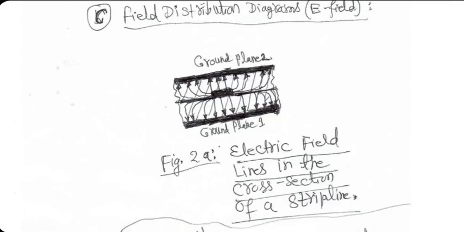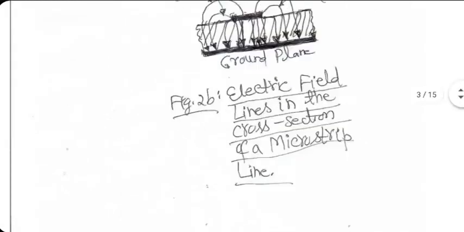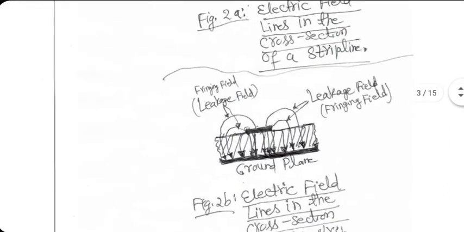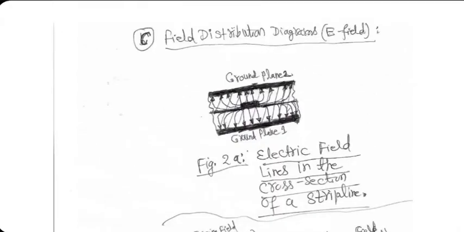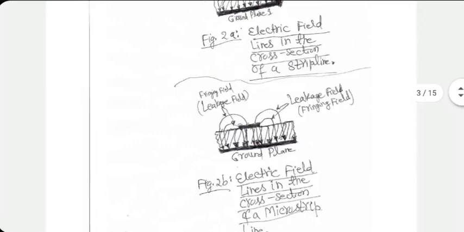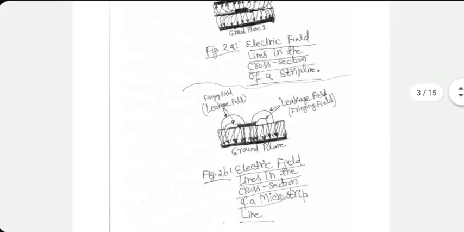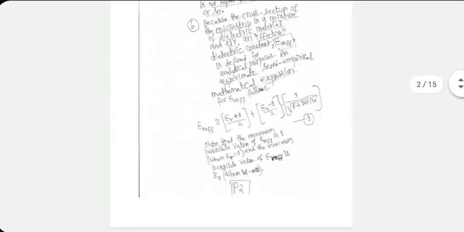Now, in case of a microstrip, the top dielectric is gone, so things become even more interesting. Now, part of the field actually goes through air and comes back to the ground plane at the bottom. This is not really good, but we have to live with it. There's leakage now, which was not there in the strip line. Okay. So that is why people came up with the idea of epsilon r effective and so on. They wanted to capture this reality that some field will be lost to air. You cannot recover it. That is why epsilon r effective was worked out with this approximate formula.